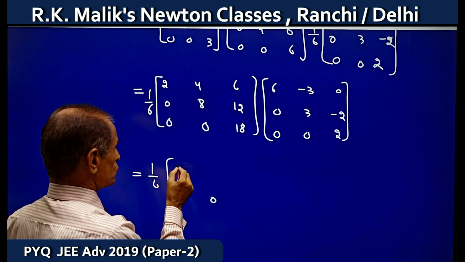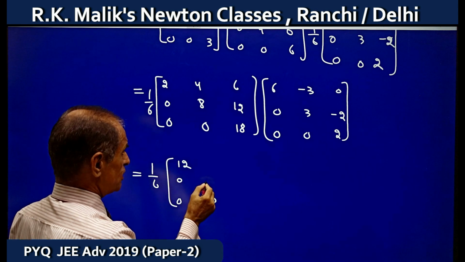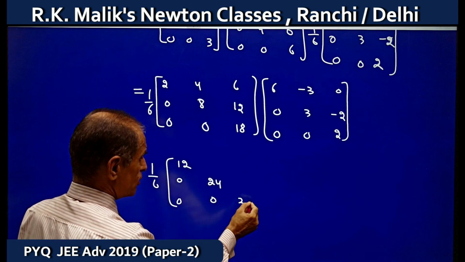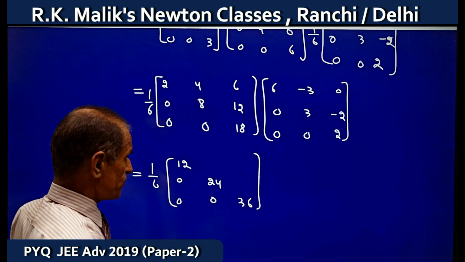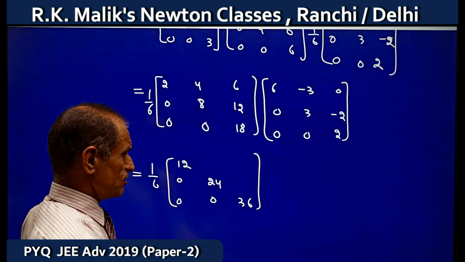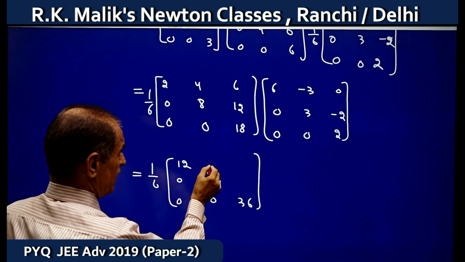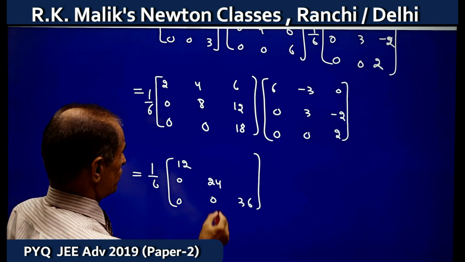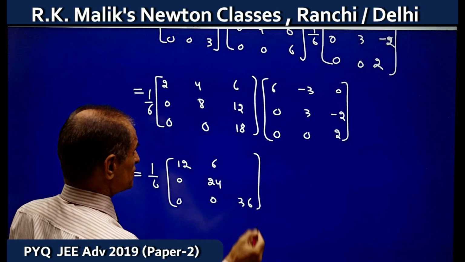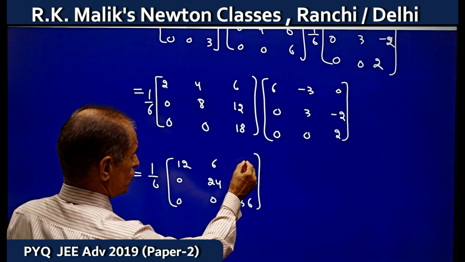It will be 2 into 6, that is 12. It will be 24. It will be 36. Only you have to find the element at these three positions. And now the element at this position will be 6. The element at this position, 4,